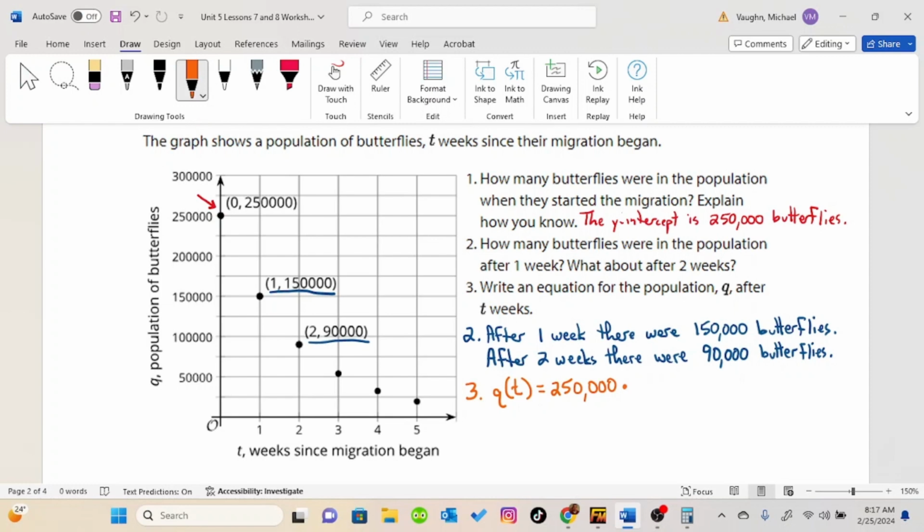So we need to figure out what the growth factor is. We can do that by choosing 2 points, taking the second y value, and dividing that by the first y value. 150,000 divided by 250,000 equals